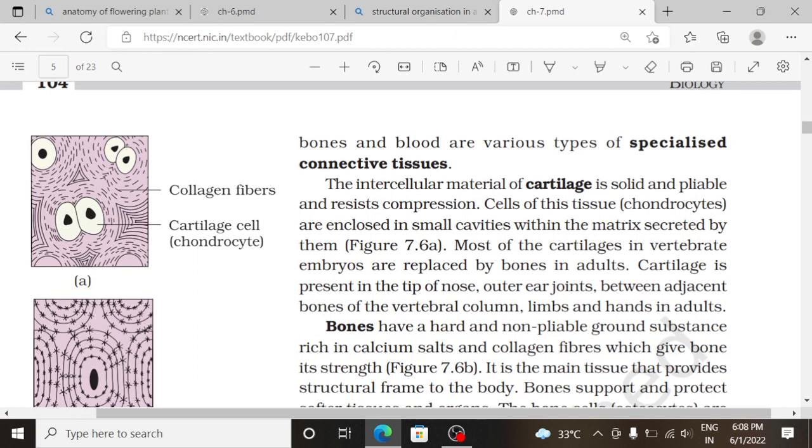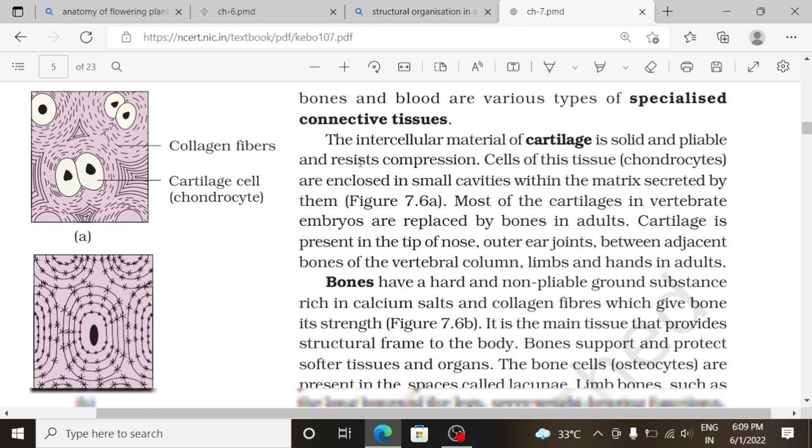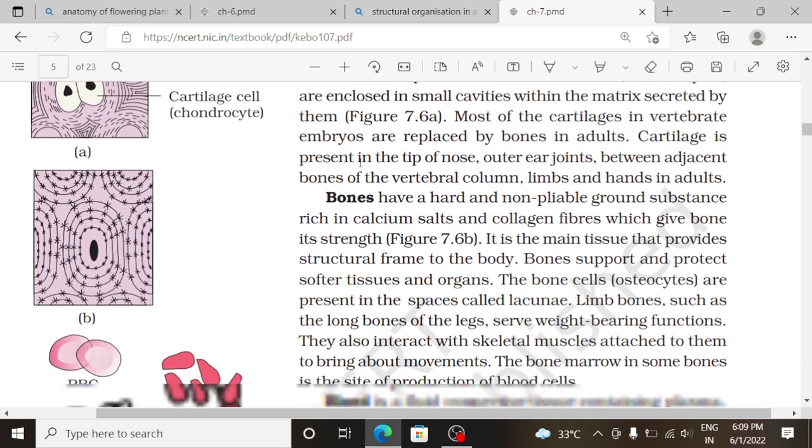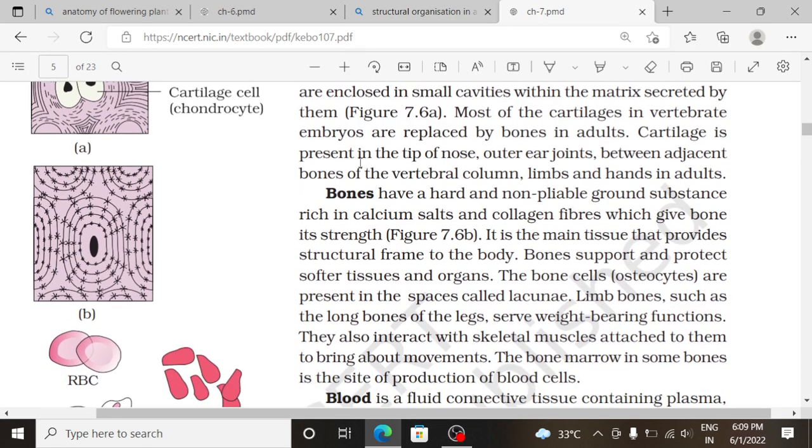Cartilage, bone and blood are various types of specialized connective tissues. The intercellular material of cartilage is solid and pliable and resists compression. Cells of this tissue, that is chondrocytes, are enclosed in small cavities within the matrix secreted by them. Most of the cartilaginous vertebrate embryos are replaced by bones in adults. Cartilage is present in the tip of the nose, outer ear joints, between adjacent bones of the vertebral column, limbs